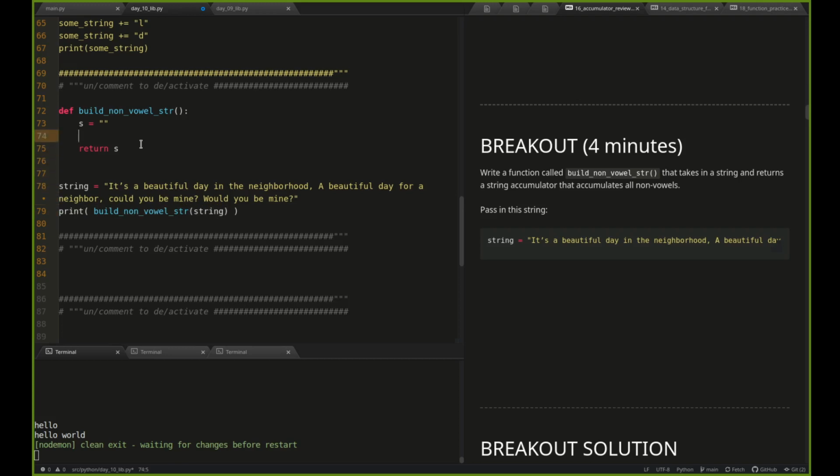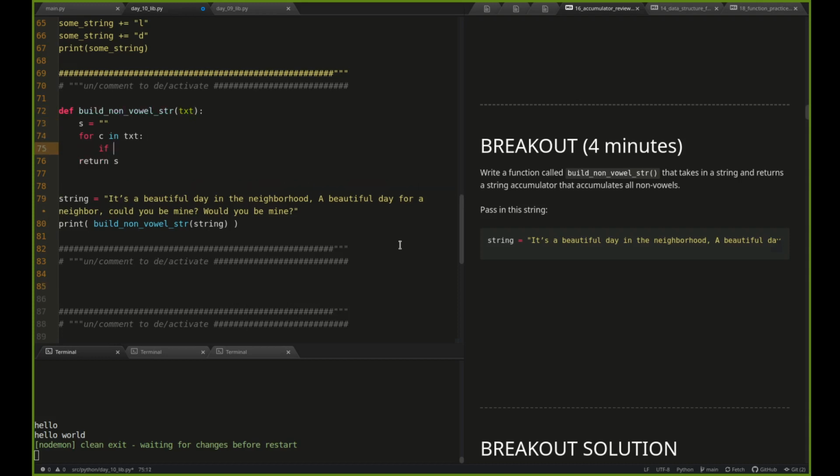So I'll just say for character in, oops, I got to take in an input. So let's just call this text. So for character in text, if character